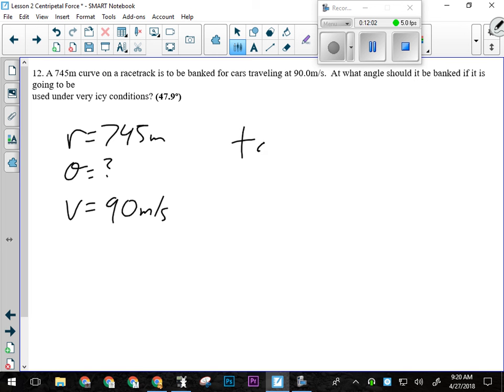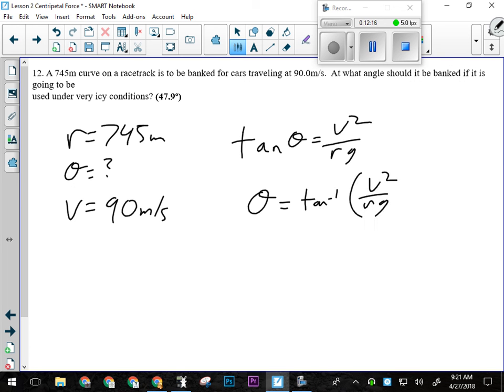All right. So we got tan of theta equals v squared over r times g. And again, the thing that throws people here is having to move the tan over. Looking for theta here. So theta will be tan to the minus 1 of v squared over rg. So this one's actually a little easier than the one that gave us the period, and we had to get r from that. So we'll have tan to the minus 1 of 90 squared divided by